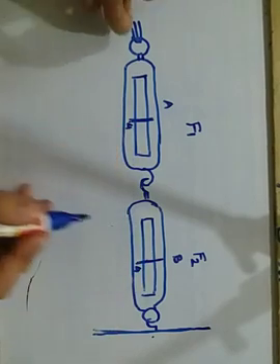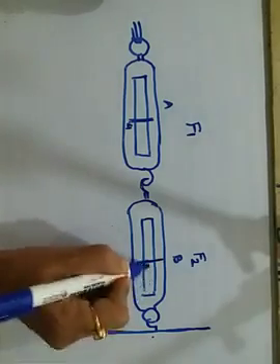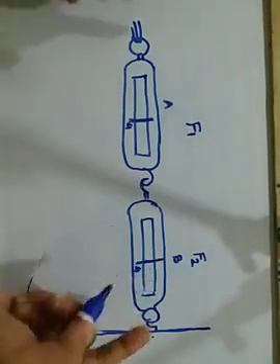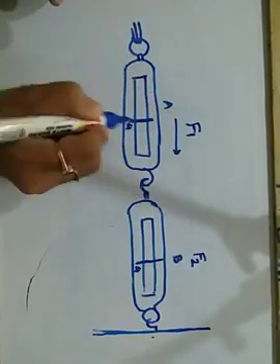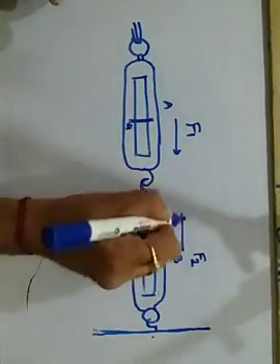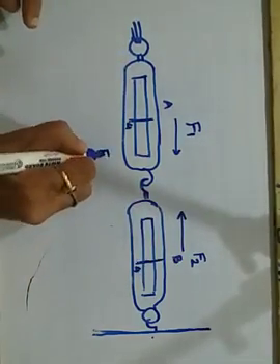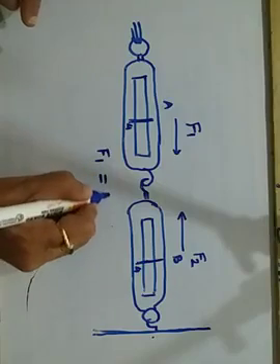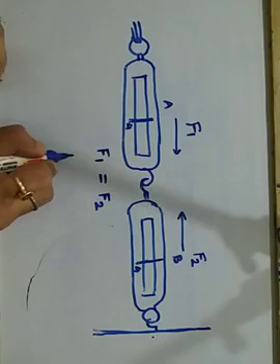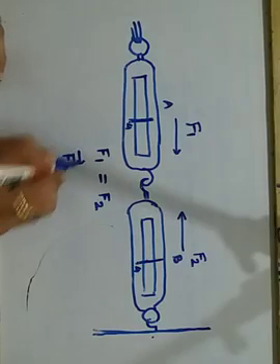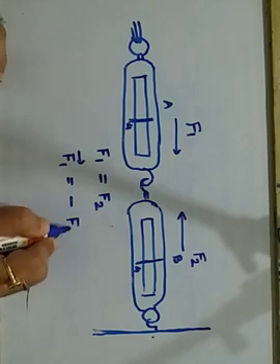But since you can see that this is moving in the right direction and this reading is showing in the left direction, both the forces are acting here: the force is acting in this direction and the reaction force is acting in this direction. So if you measure the magnitudes, the calculation part is the same. F1 and F2 both are equal, but they are in opposite directions. So since they are in opposite directions, I put a vector sign and put a negative sign for F2.